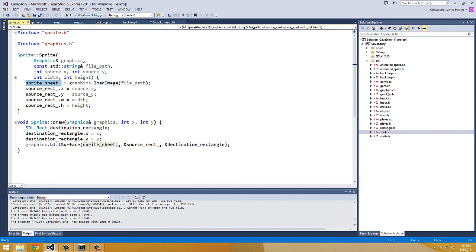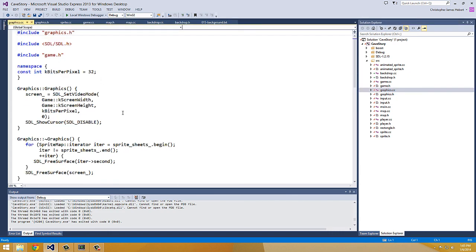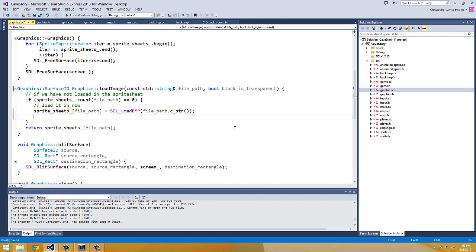So I'm going to make the change in our graphics class, and I'm going to do it in an interesting way, I guess. Maybe it's not that interesting. I'm just going to add a bool called black is transparent, and I'm going to default it to false. And this means I need to fix graphics CC, which is down here. So bool black is transparent. And I'll just do it whenever I load it. So if black is transparent,